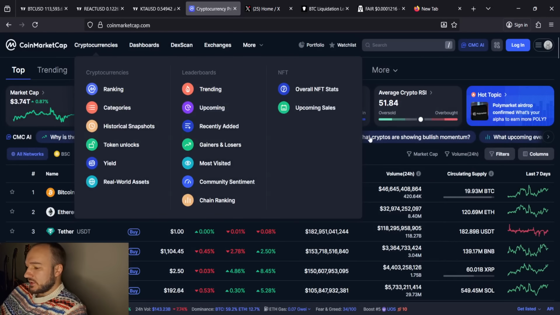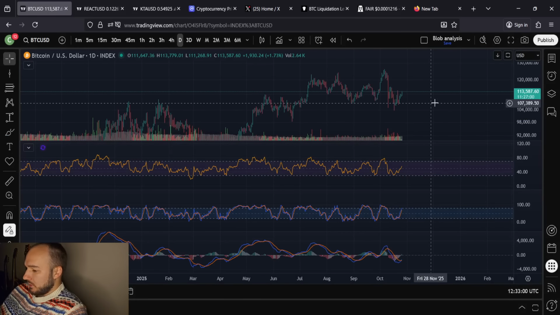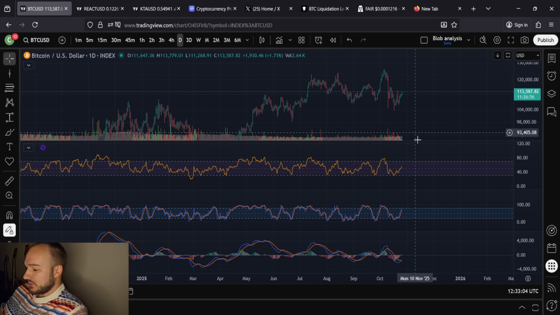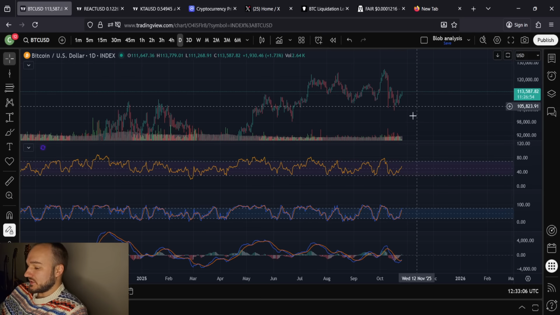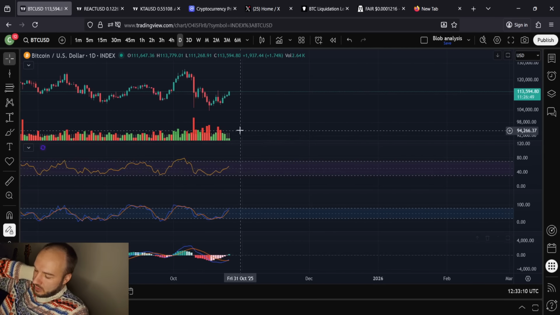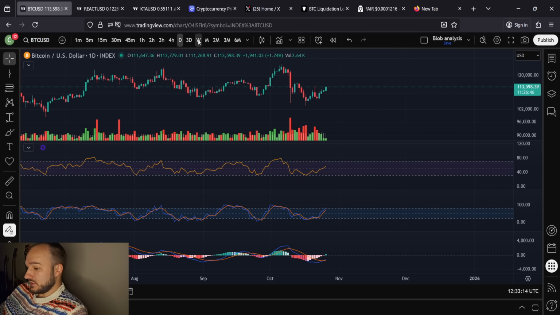Looking at the fear and greed index, we're still in levels of fear at a 34 here. I think it's a good time to go. Most people I think are not expecting that we're going to move up right now. They're still looking for lower prices, or they think that they have more time before things take off. But with this FOMC announcement and Donald Trump and Xi meeting up, I just think that we're going to be pumping. I think there's good things coming, you guys.